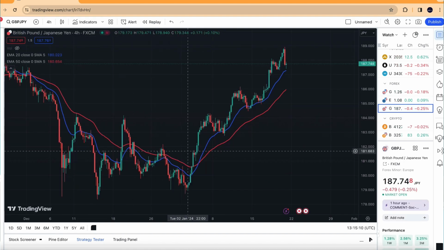So one final pair, this is British pound, Japanese yen. Again, this is on a 4-hour chart and we can see when the fast moving average broke above, we can now start to see price above all the moving averages. We're looking for buys, price comes all the way up, comes back down to the 20, bounces off, back down to the 20, bounces up. So for me, that's a repeatable pattern. I'd be now looking to buy into this one as it's bouncing off the 20 moving average and take it a lot higher. So you can see from those examples that I've just pulled out from 3 random charts that